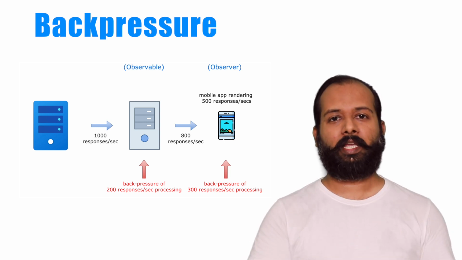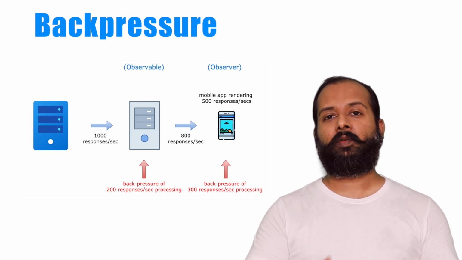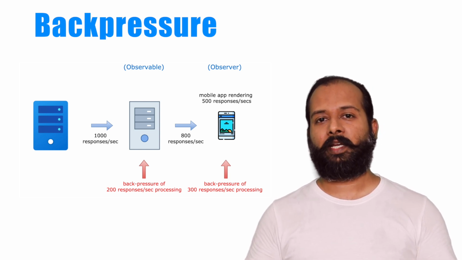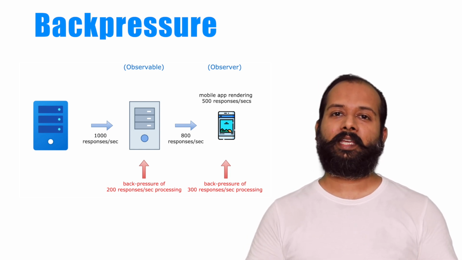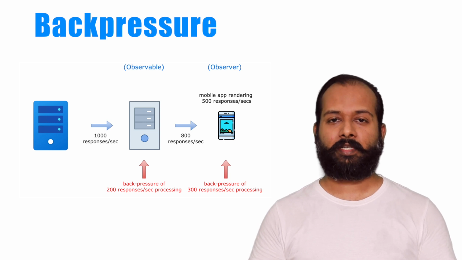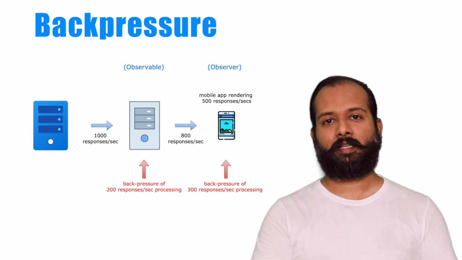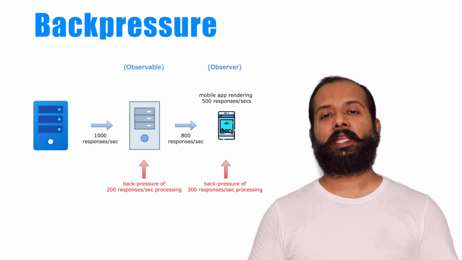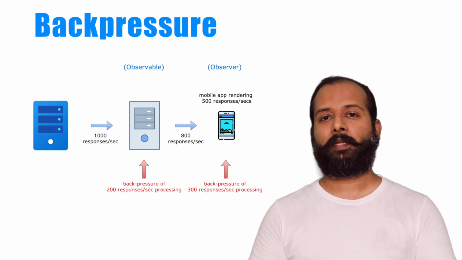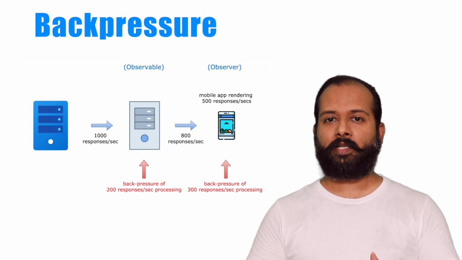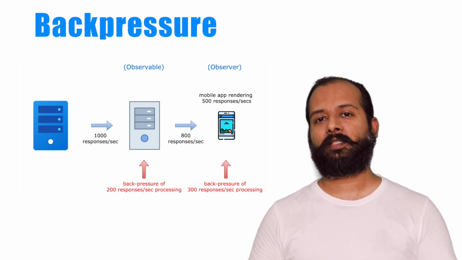My server 2 is only able to process 800 requests per second, and it is sending a continuous stream of data to my application at the speed of 800 responses per second. Now on my application side, the application needs to do some heavy read-write data operation or some heavy graphical operation on the data received from server 2. Suppose my application is only able to process 500 requests per second. So what is happening on the application side? There is a continuous lag of processing building up on the application side in the form of 300 requests per second